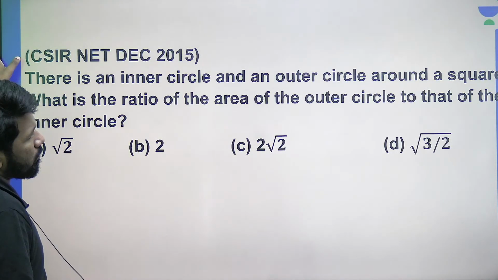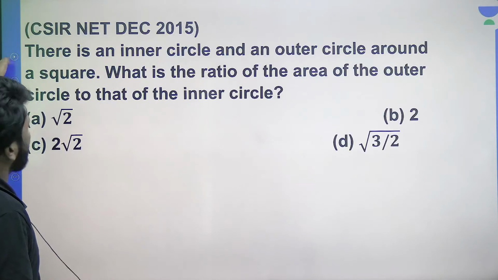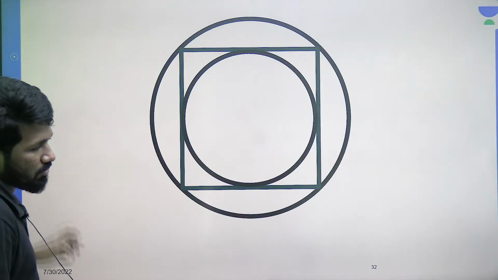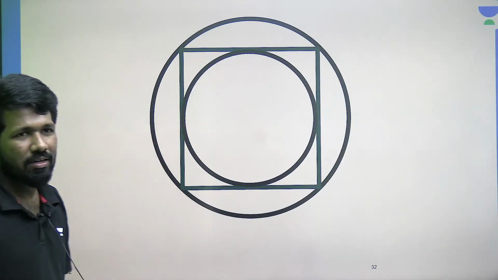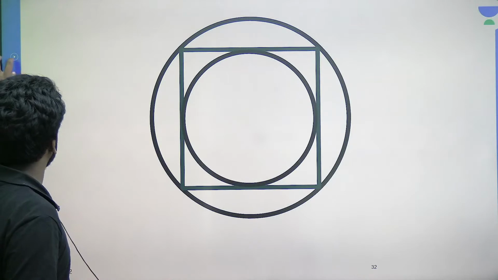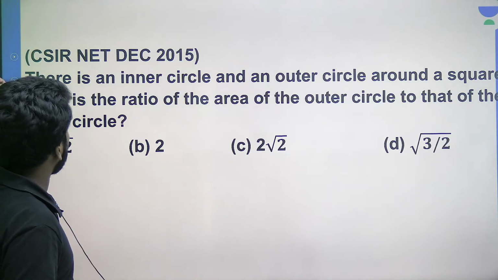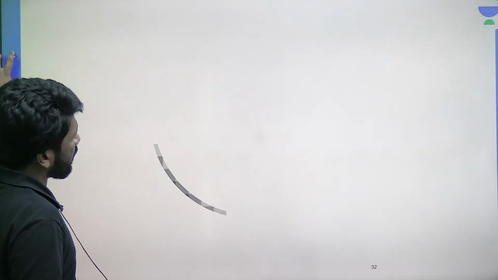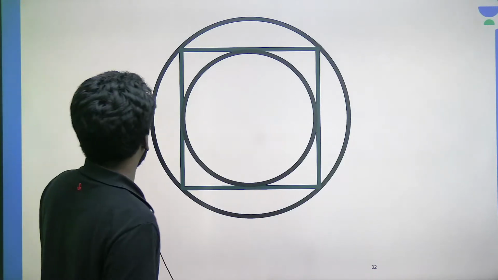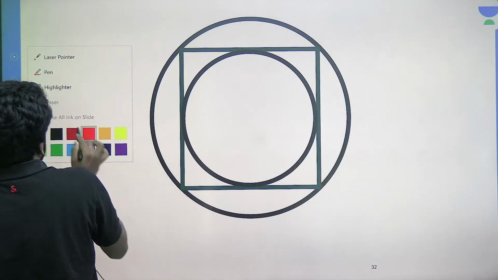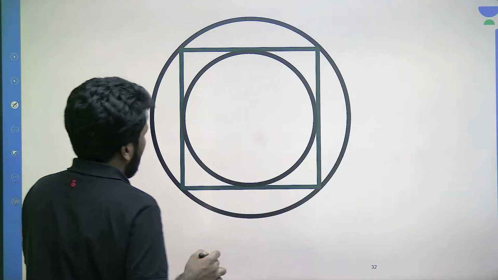Ratio of the area of the outer circle and that of the inner circle. There we found the radius. Then we have to find its area. That is only extra work you need to do. So how you can do that? Again, area of the inner circle to the outer circle. Just a minute. No, ratio. Yeah, if it is ratio, you can even take examples, no problem. Ratio is asked, no? So the example method may help you to understand this concept also a little more clearly, I guess. So I can take